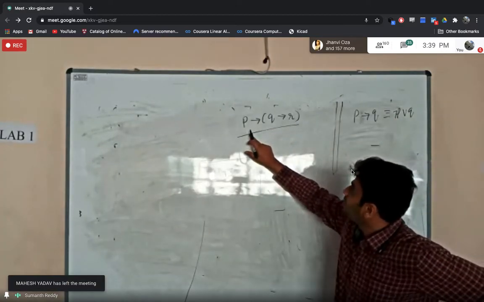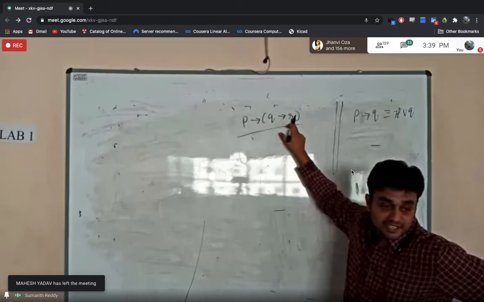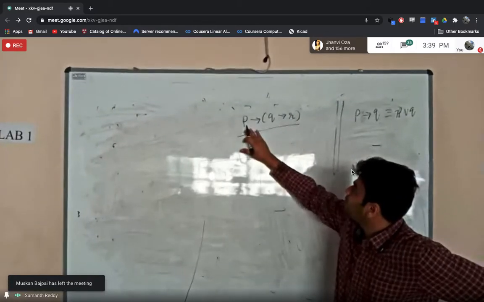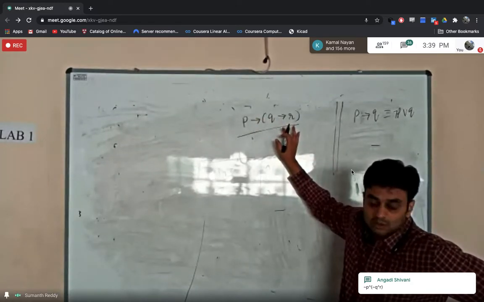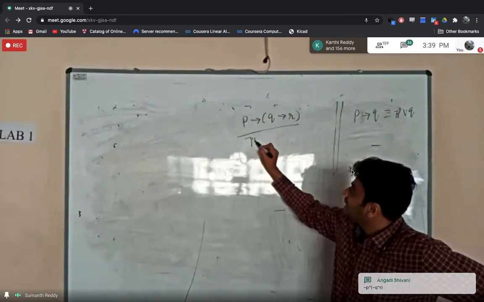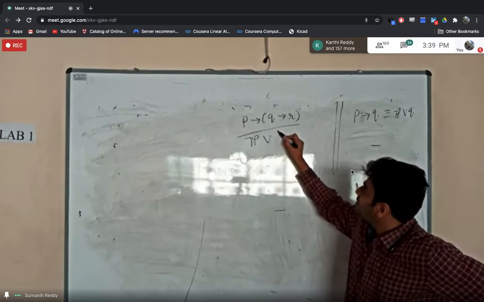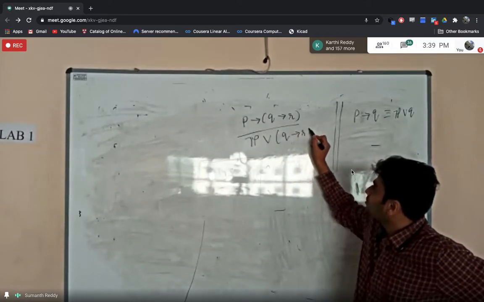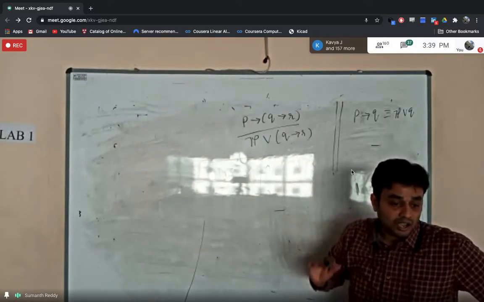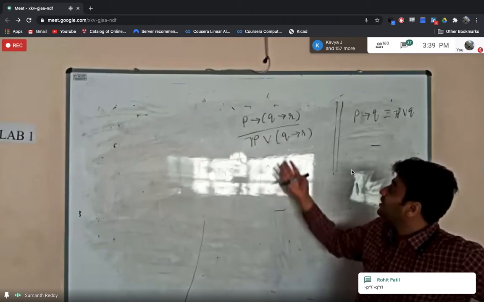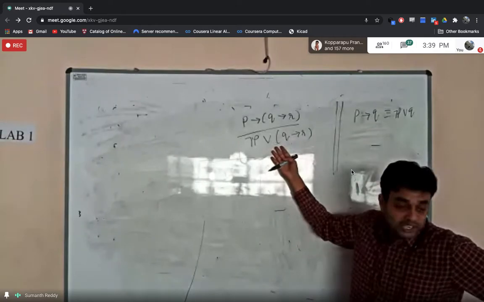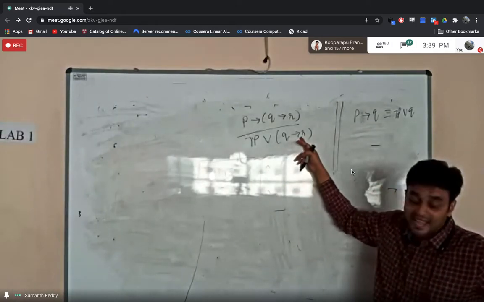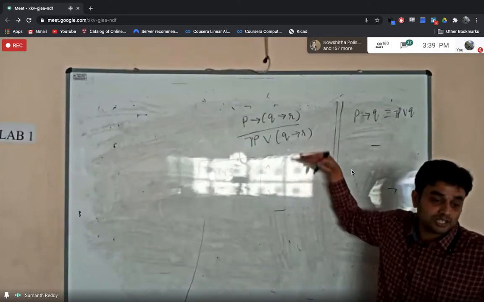So again, now if you observe this, I have two conditionals here, right? So now if you see this P implies of this entire thing, I will take it as Q. So this can be written as negation of P, or in place of Q, what I have, Q implies of R. So this is one step. But now still I cannot find the dual of this because this compound proposition does not have only the basic connectives. Along with that, it has a conditional. So again, I need to simplify this.